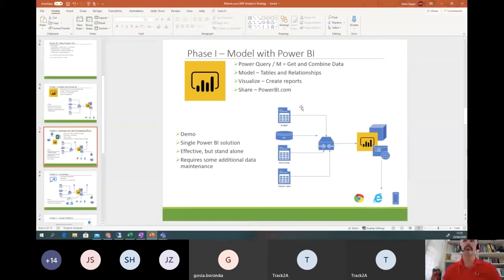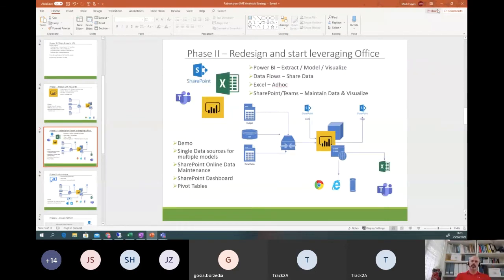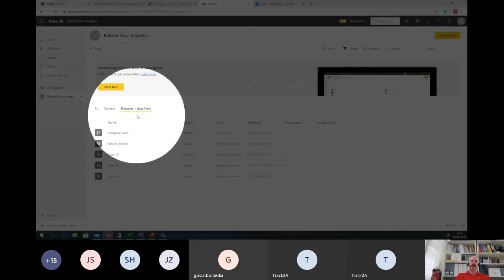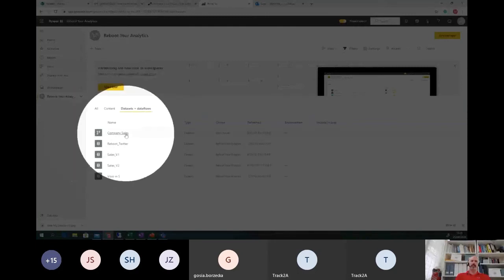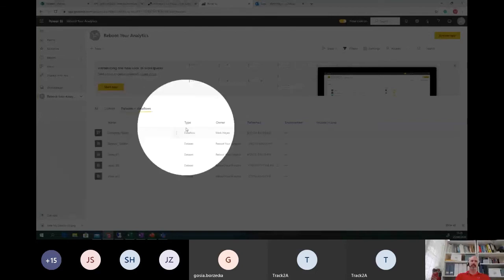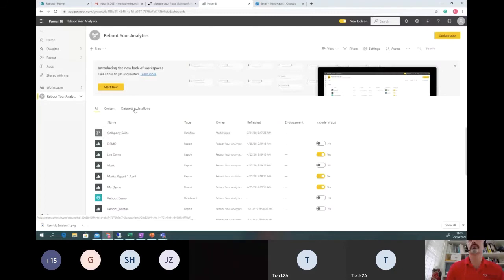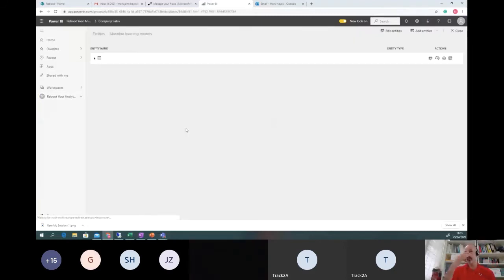So if I was to connect back to here, so I'm going back to Power BI, I want to start talking about that dataflow first. All right, so we said in here, this tab now contains datasets and dataflows. And there was my dataset that I had created. But if I look up in here, I've got something called company sales and a different little icon over here, and it says the type, it's a dataflow. So if I go into this, click on company sales,